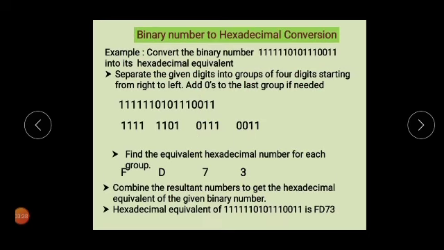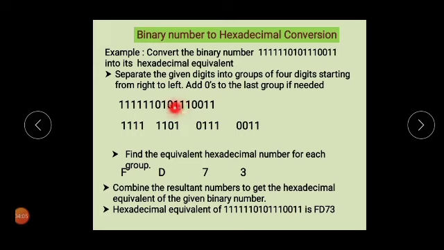Next, moving on to binary number to hexadecimal number. This is the binary number we have taken. We want to convert it into hexadecimal. Starting from the right side, divide this number into groups of 4 digits each. That is, from the right side, we have 1100. So we write that group separately as 1100.